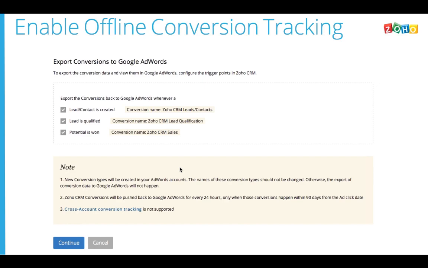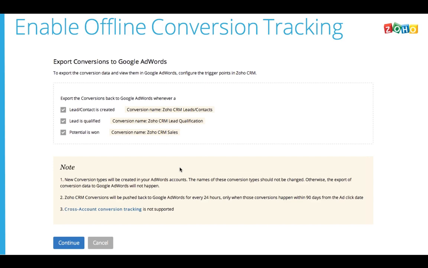Second is that right now we aren't allowing cross-account conversion tracking. So if you have an MCC, if you have an account, and you have multiple MCCs, then we do not allow cross-MCC account level tracking. The sync happens only once in a day. If there are multiple services in the system, as of now, only the first service will get tracked. We are trying to make it more robust, and we hope to come up with new variations, new additions to it in the subsequent few months.